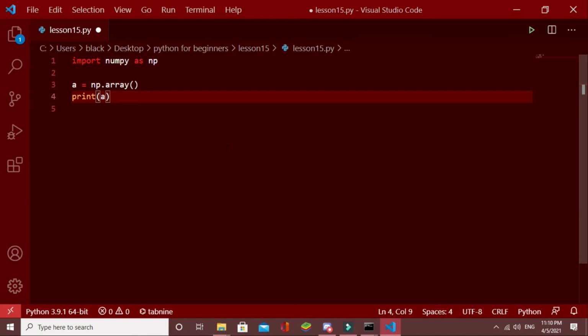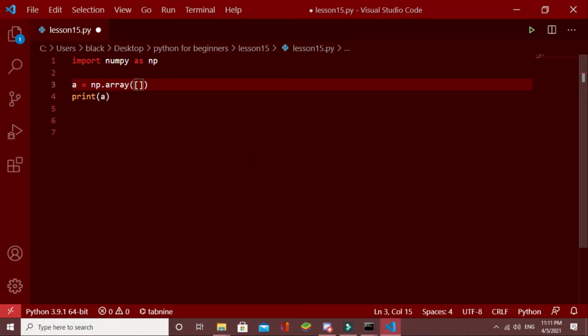A column vector means a vector like this: 4, 5, 6, and 7. If we take this as a matrix, this is a column matrix. That is because there are only elements in the columns in this matrix. There are no other elements in rows.